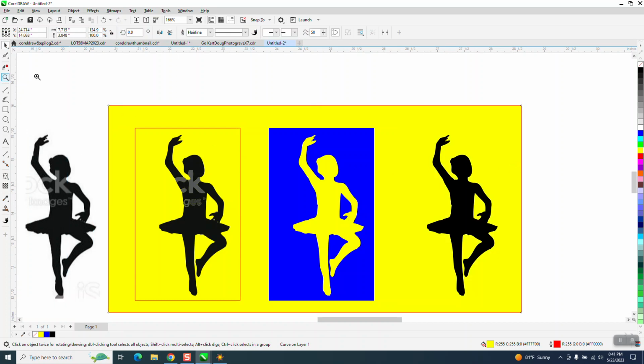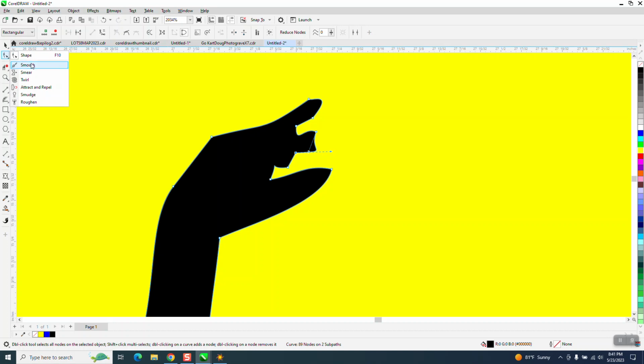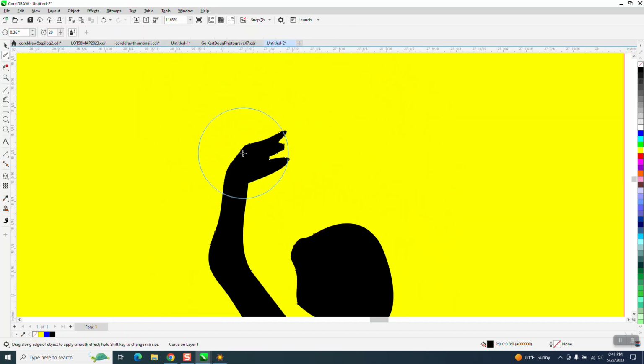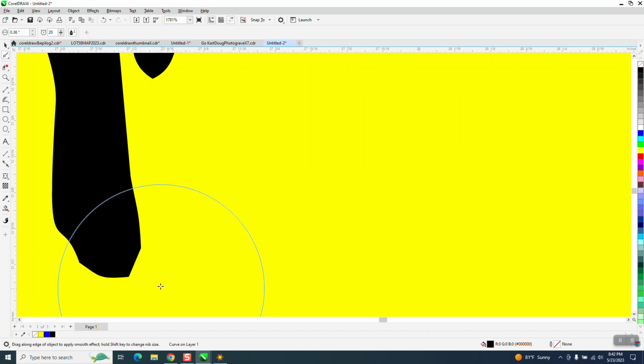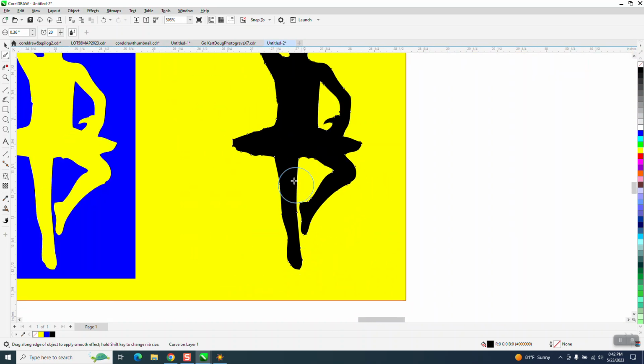Now, it's a little rough. You know, you could do some things depending on how big you're going to engrave it. I would maybe take the shape tool and move some of these fingers out, at least get rid of that. I'm not going to spend a lot of time, but get the smoothing tool and just, it's a silhouette. Maybe there's some other little spots that are like her foot, but that doesn't look half bad. But if you did just smooth that out a little bit, don't really want that point. And I would probably,